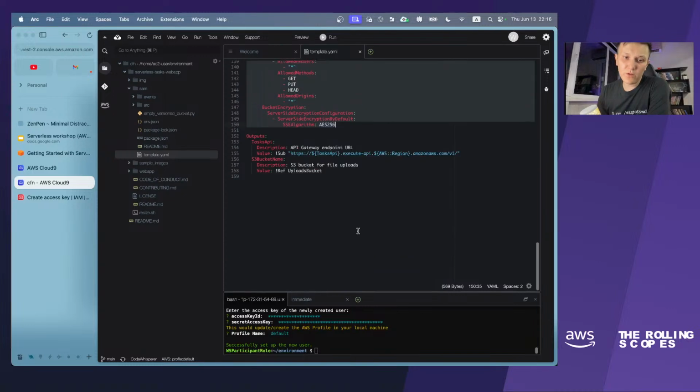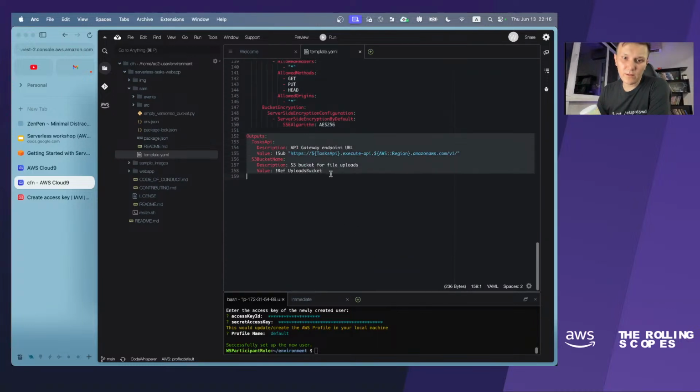And we have a block of outputs. It's quite the same as CloudFormation outputs, and here we are defining the outputs which will be created by CloudFormation, because of how SAM works: once you try to deploy something with SAM, it will transpile your template to a CloudFormation template, and then it will interact with Amazon CloudFormation service to deploy your infrastructure.